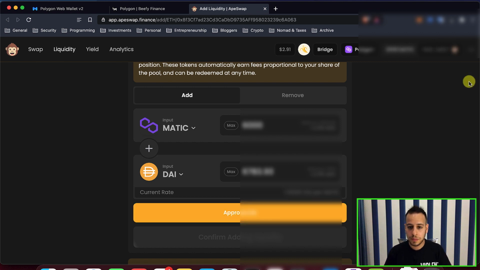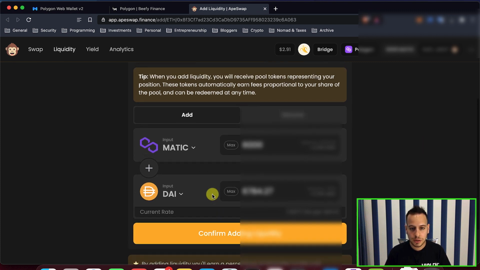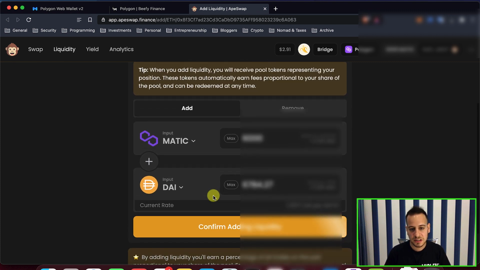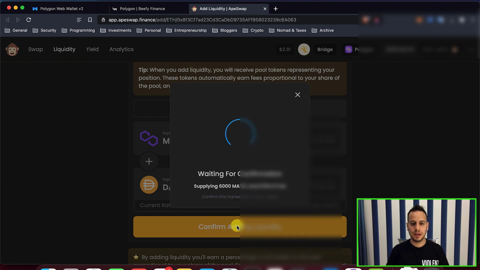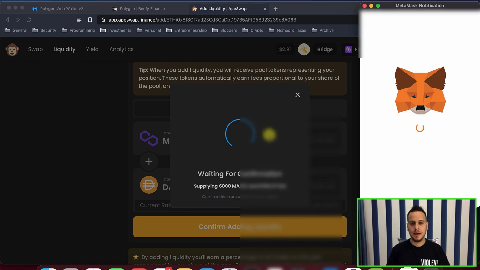There you go, we approved our Dai tokens, and actually I don't know why I don't need to approve the Matic tokens. Alright, I just click here, confirm adding liquidity, and now I have this prompt to confirm the liquidity addition. I'm gonna provide 6,000 Matic and around 6,700 Dai tokens. I will click here, confirm supply, and